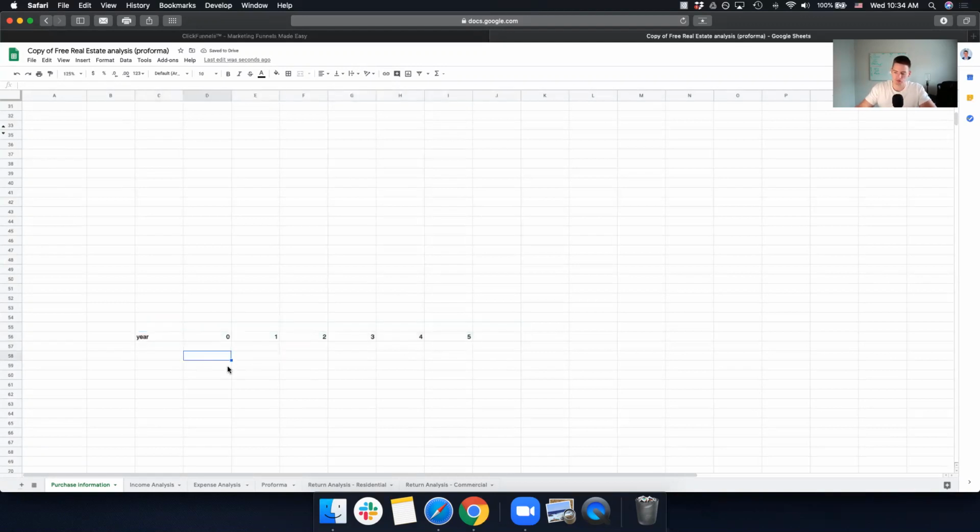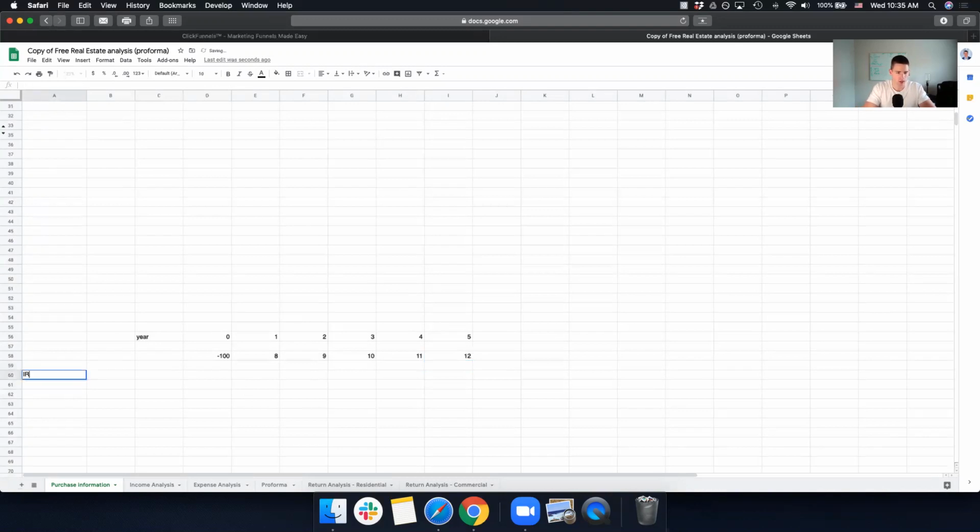And let's say that for a simple example, we invested $100. What I want to do is I want to have negative 100, because it's a negative amount. That means I invested it. Now let's say that in year one, we received $8 in cash flow, 9, 10, 11, and 12. Okay, so what I want to do to calculate my IRR,